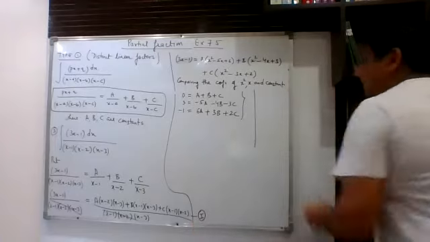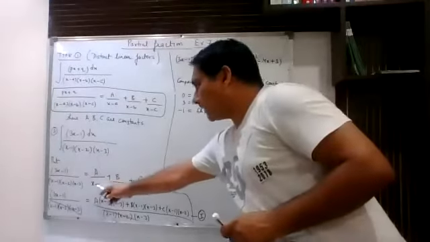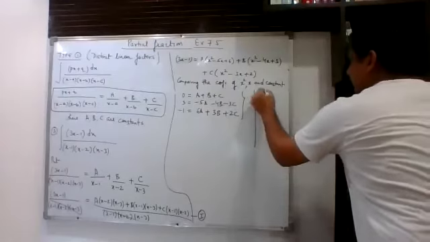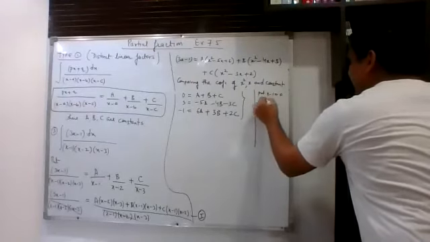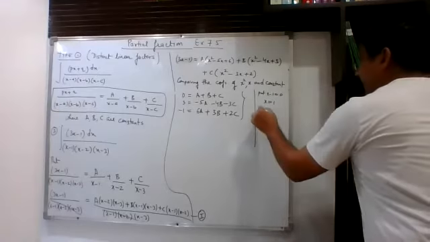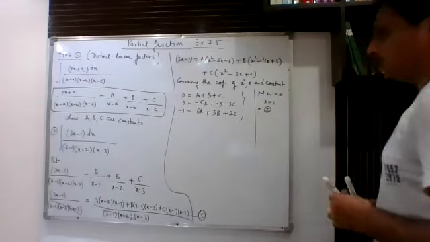Now, what we will do is, in order to get the value of this capital A, you will put x minus 1 equal to 0. So, we will put x minus 1 is equal to 0. That is, we will put x is equal to 1. Where we have to put in number 1. In first equation, you will put x is equal to 1.